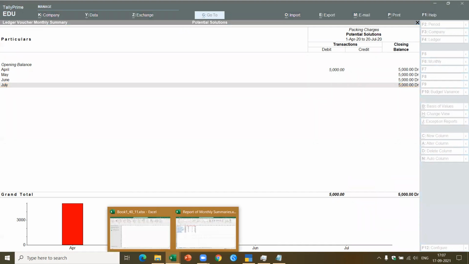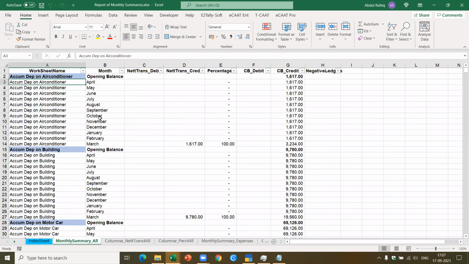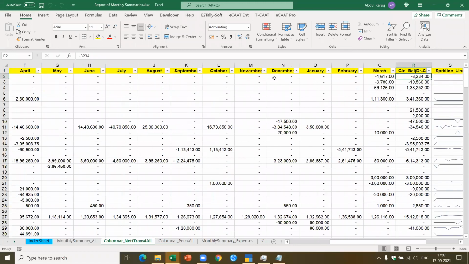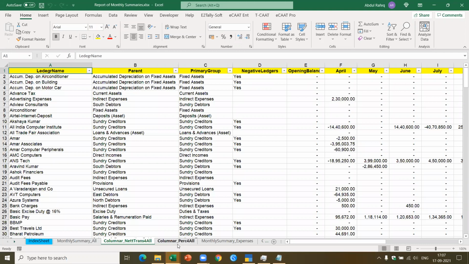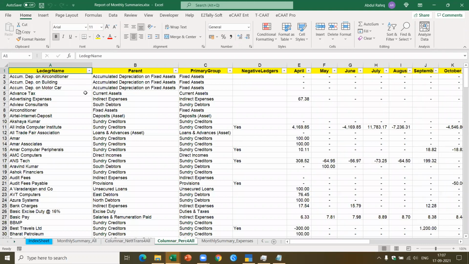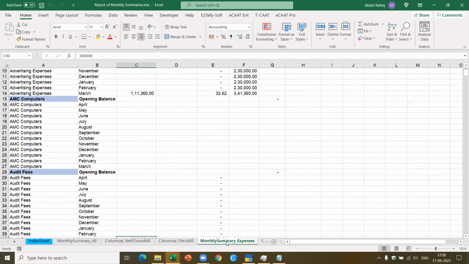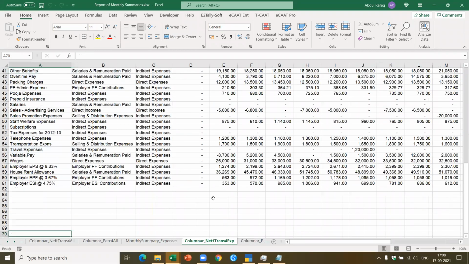Now, if you see here, what we provide you is the monthly summary, which means for all the ledgers, I give the balances on a monthly basis. This is columnar, which means the same information has been presented in a columnar way. Not only that, now let's see what happens. We also give the spark line so that you get to know what has happened with the transactions. We are planning to further improve this. Similarly, this is based on the percentage we get for each of the transactions. I have the percentage for each of the months, and based on that, what is the spark line? Similarly, for the expenses, I get the complete information pertaining to all the expenses, and we have got a columnar.